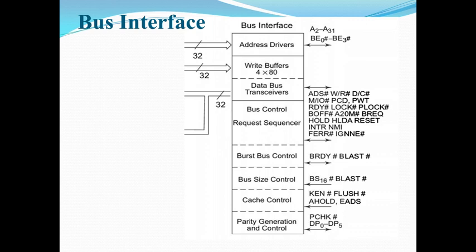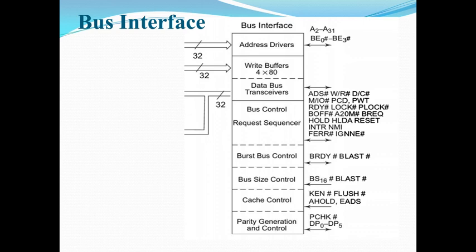local address bus, that is A2 to A31. So here this is a 32-bit processor. 32 stands for the 4 bytes, and 4 bytes means 4 memory banks will be there. So here, for the memory banks, the first 2 bits, A0 to A1, are used in order to select either of the banks. The combinations of 2 bits generate 4 combinations. So A2 to A31 are driven by this, and the byte enable lines.